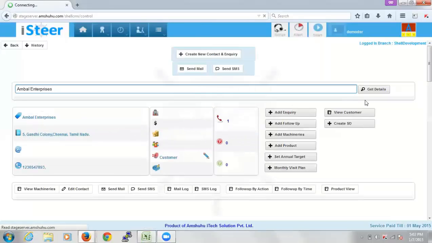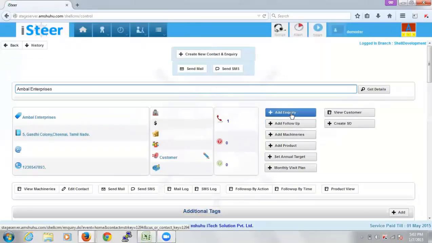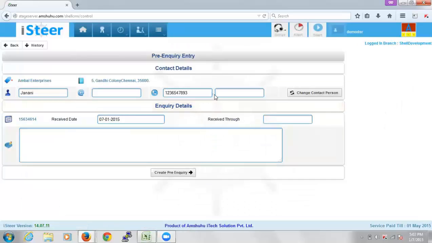So you can manage. If not, I go to the start button, enter the company's name, and click on add inquiry. This is the pre-inquiry form that we have. This is very helpful when the corresponding technician is not entering the inquiry details, and it is some office assistant who is doing the same.